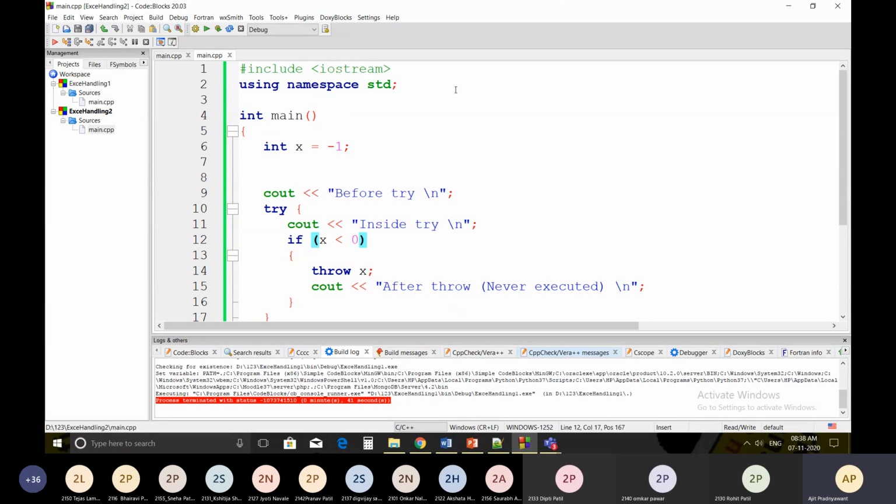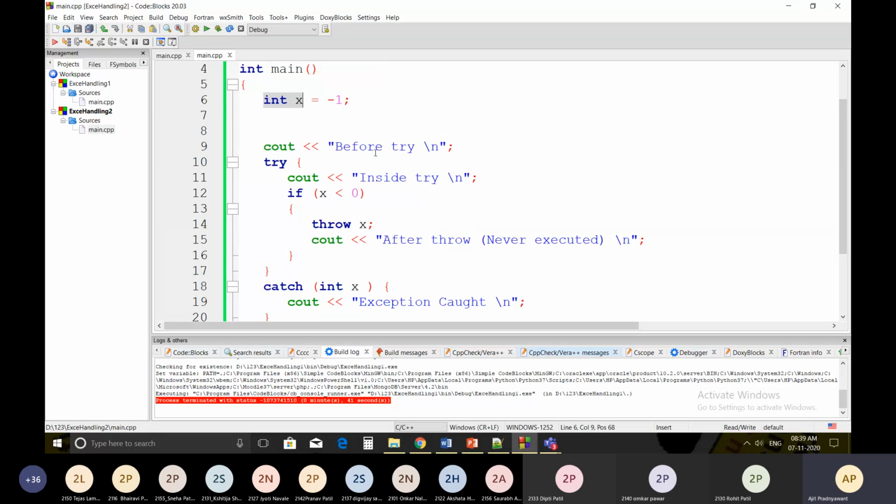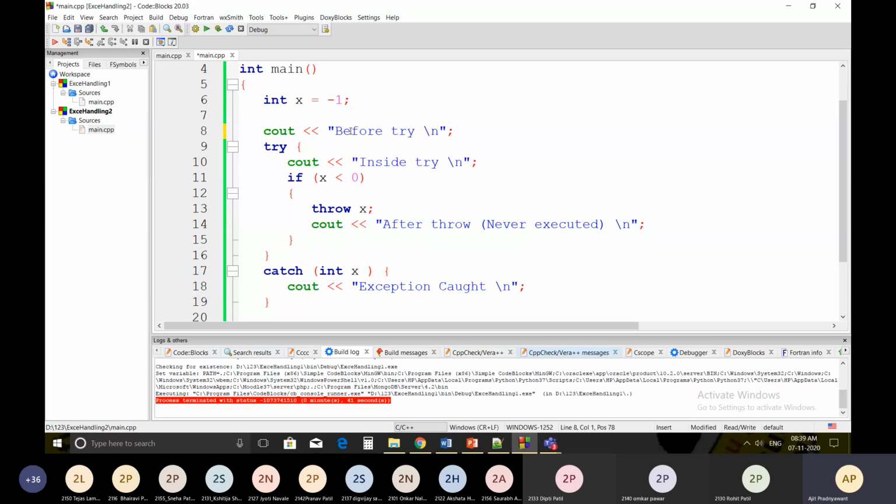Here it is. These are the two statements, include iostream and using namespace std, and in the main, integer x is equal to -1 and cout. I have just printed before try block, and then I have started the try block.